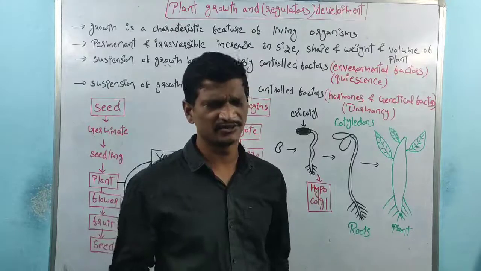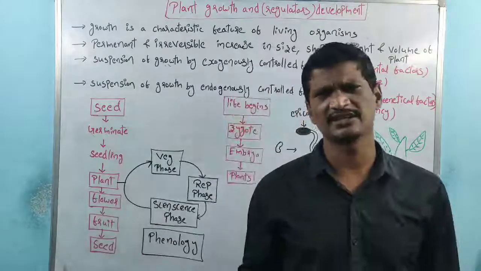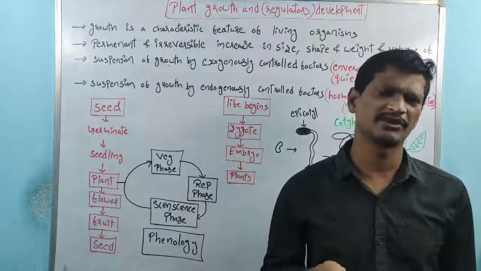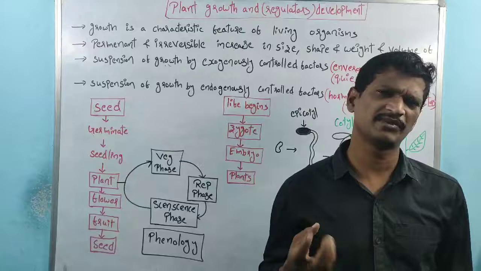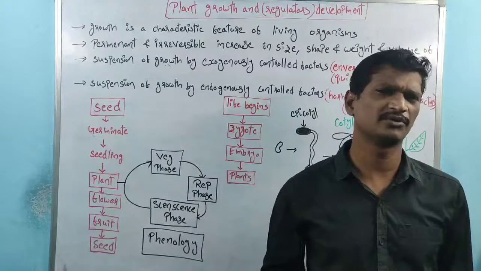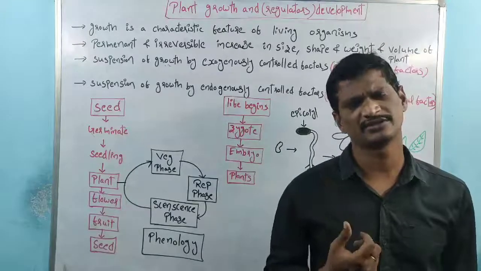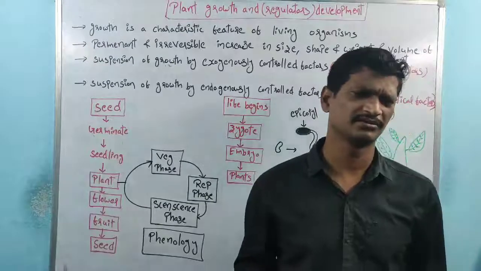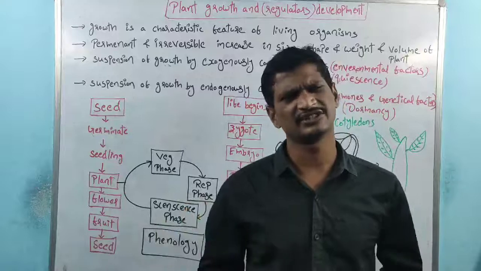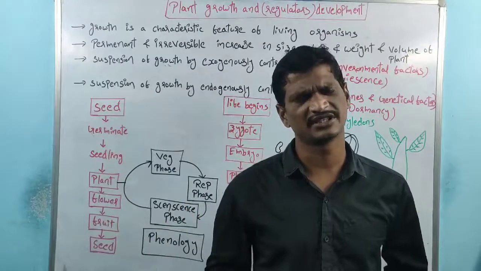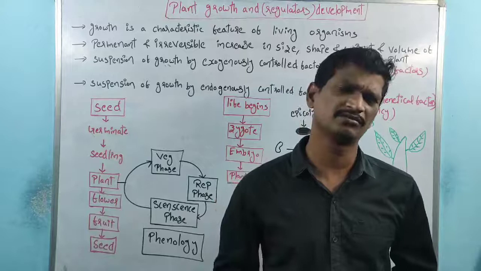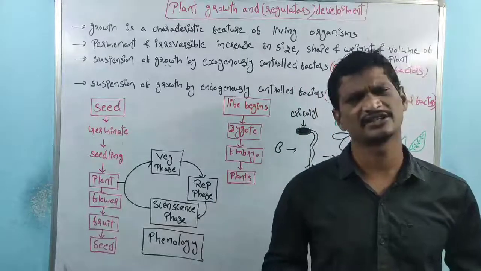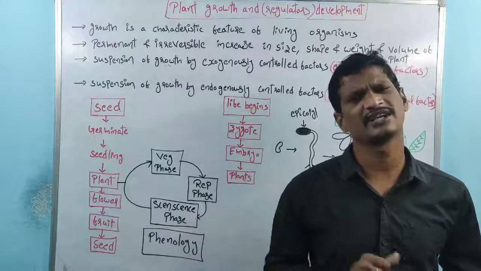See habitat. If we look at a mesophytic plant and a xerophytic plant, which plant shows more growth? Mesophytic plant, because water availability is there, minerals are there, and everything is available for the mesophytes. And in the xerophytic plants, very dry conditions are there, high temperature is there, right? Water is not available, water scarcity is there, right? So growth is very, very less in that case. Growth is there, but it is very, very less.